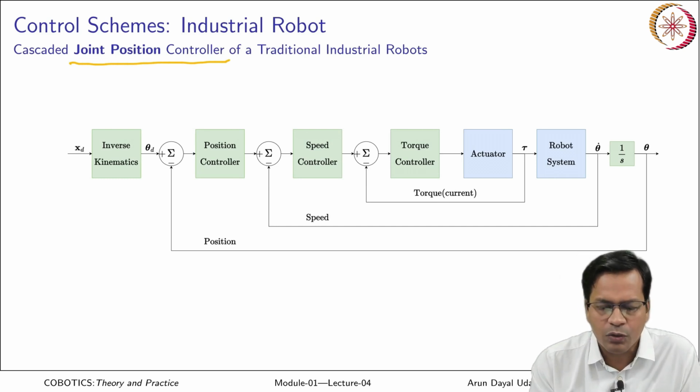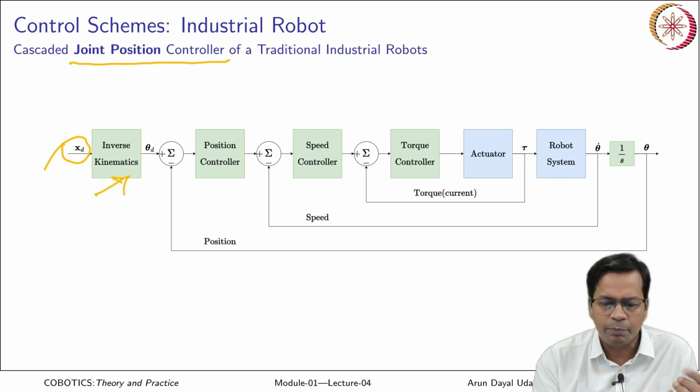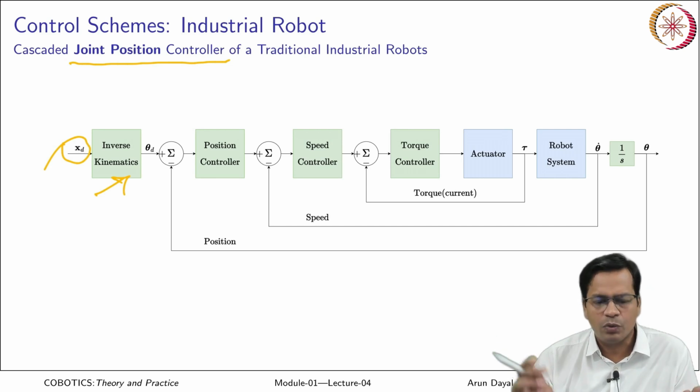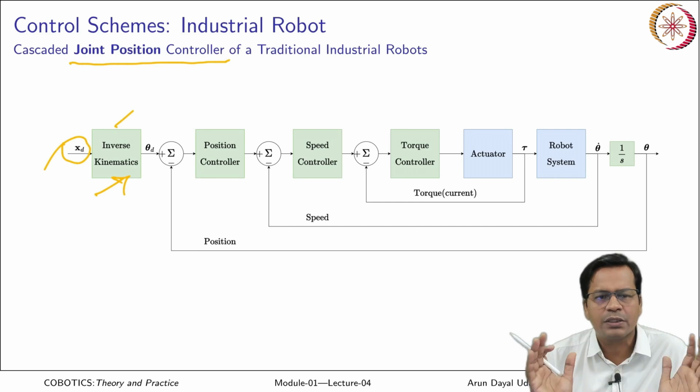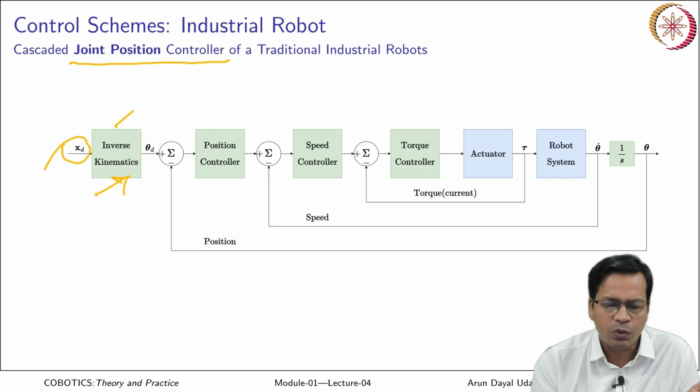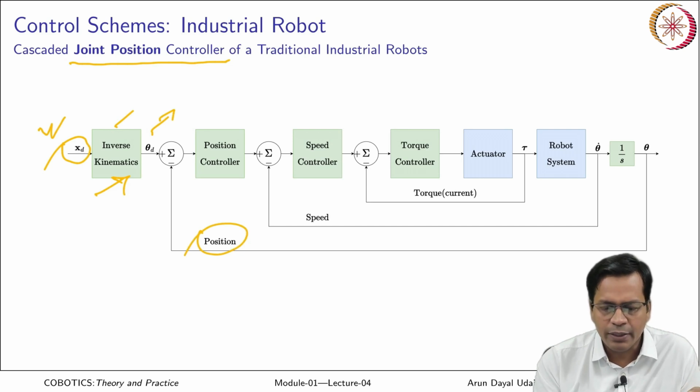You see, for the traditional robot, what you want is the end effector position. We use inverse kinematics here. We will talk about each independent block later on in our course also, like inverse kinematics, forward kinematics. We will be dealing with this. For now, you just get to the philosophy of this control. So, for the given end effector position, you calculate the joint angles. The actual angle is fed as a feedback from the joint, and you calculate the error in angle, which goes to the position control, and finally what you get is a reference velocity here.